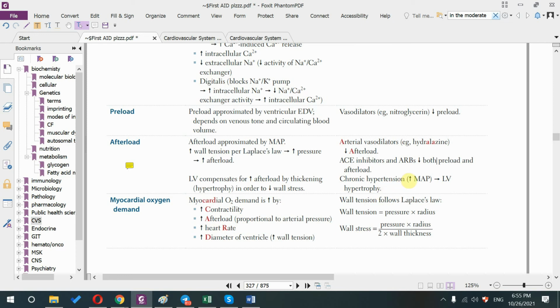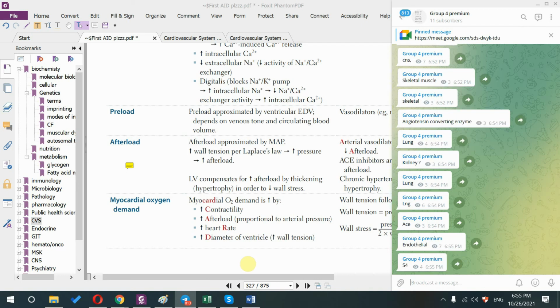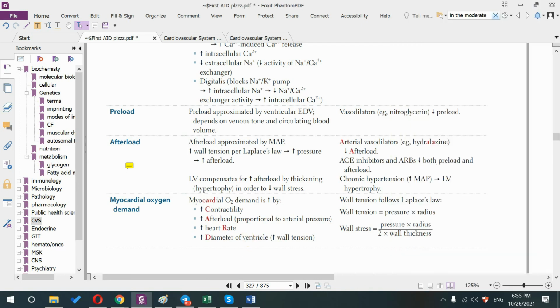So in case of chronic hypertension, there is an increase in the MAP. So that leads to left ventricular hypertrophy. Which heart sound will be heard in case of left ventricular hypertrophy? Okay, good, S4, it's S4. So the last thing before the break,